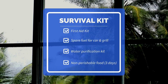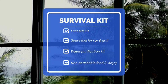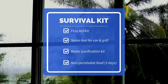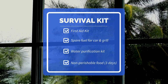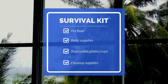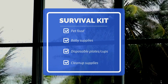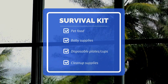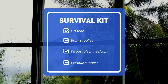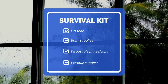tape, compresses, and aspirin, gasoline and oil for a generator and car, and fuel for an outdoor grill, water purification kit, a 3-day supply of non-perishable foods, pet foods and supplies, baby supplies including medicine, sterile water, diapers, formula, baby food and bottles, disposable plates, cups, bowls, and utensils, and cleanup supplies like mops, brooms, buckets, towels, sponges, rags, and